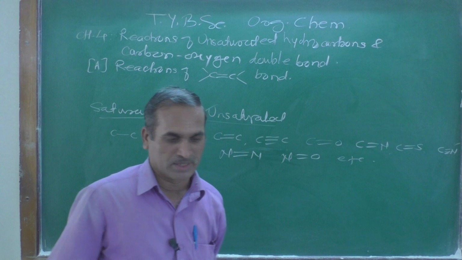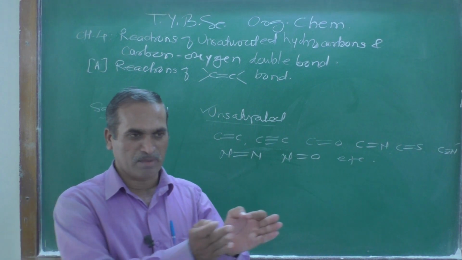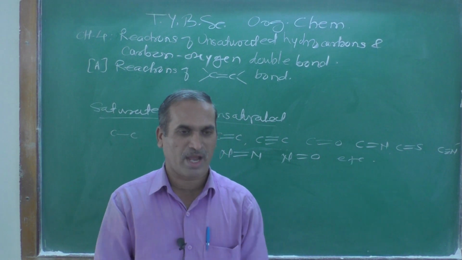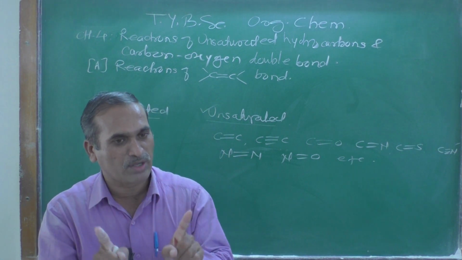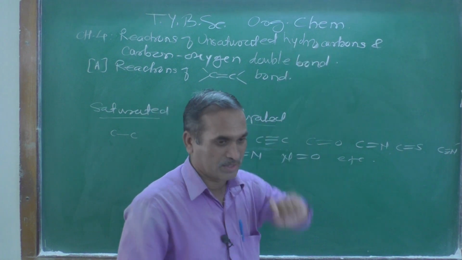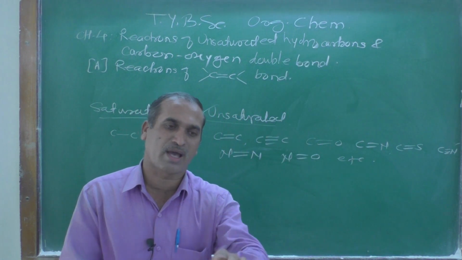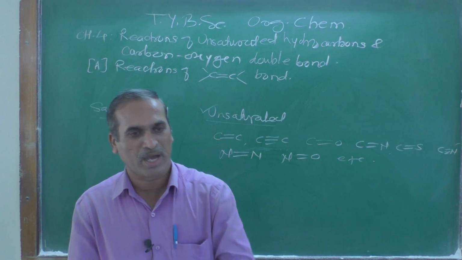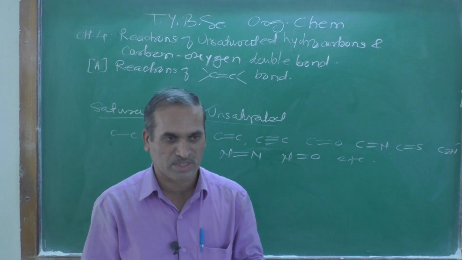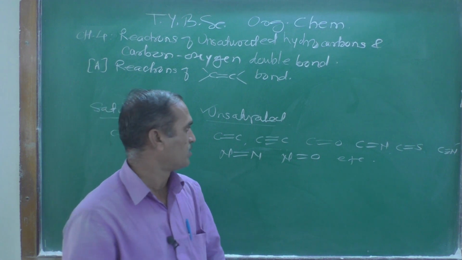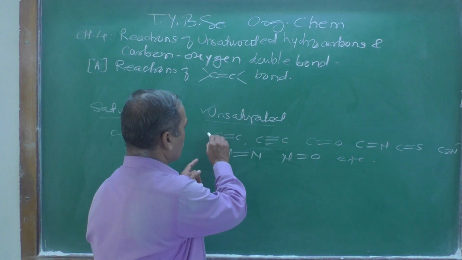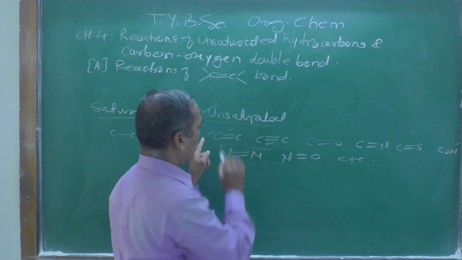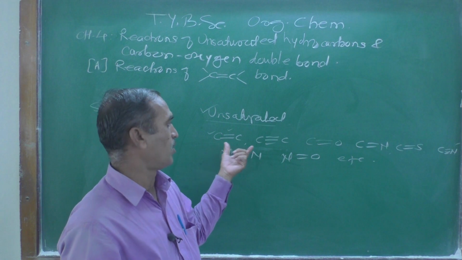Now, hydrocarbons. You are already familiar with this word. Again remember, hydrocarbon means what? Hydro and carbon. Hydro means hydrogen and carbon means carbon. An organic compound made of carbon and hydrogen is known as a hydrocarbon. Suppose, look here, we can call this an unsaturated hydrocarbon, meaning this has a carbon-carbon double bond here.